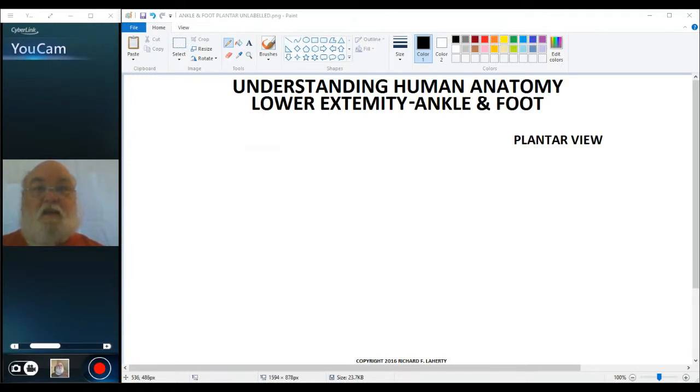We'll start with the calcaneus here, and then we're only going to see a little bit of the talus,